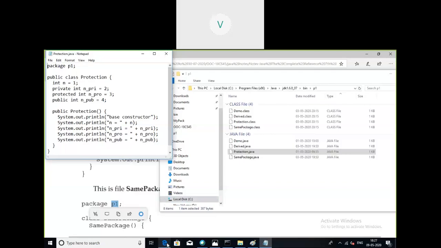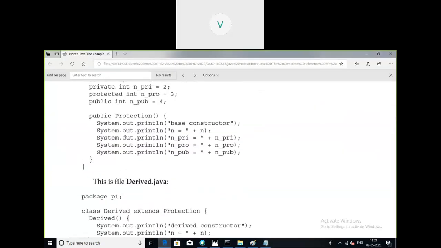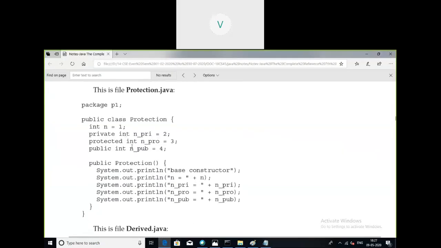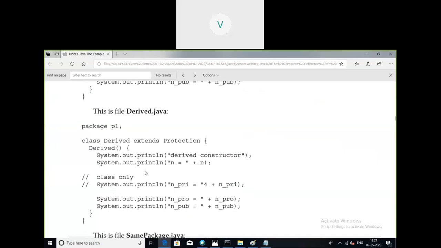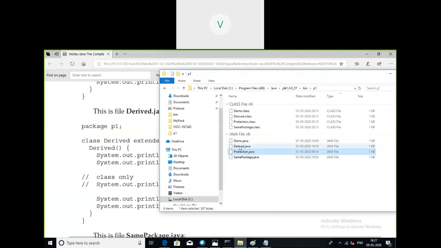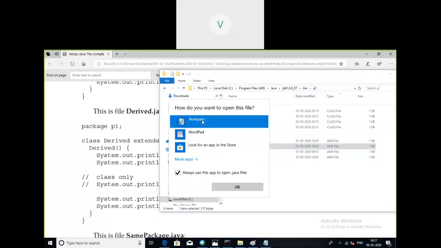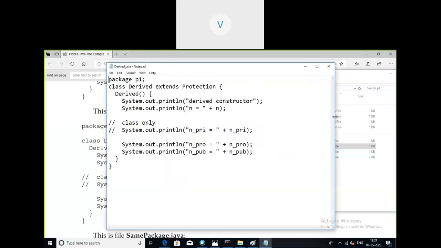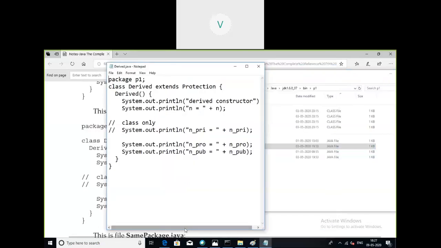I'm just taking these source files from this particular textbook only. Next, derived.java must also be present. See here, in the package P1, the source file derived.java is present. So I'm opening that also.